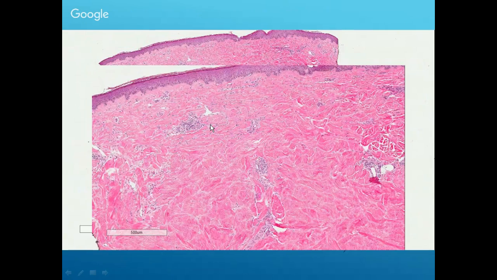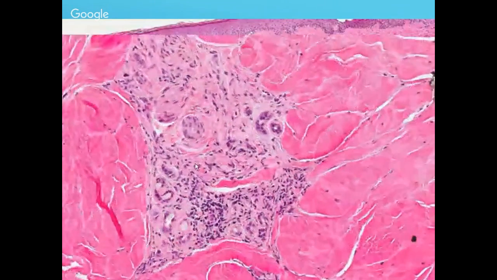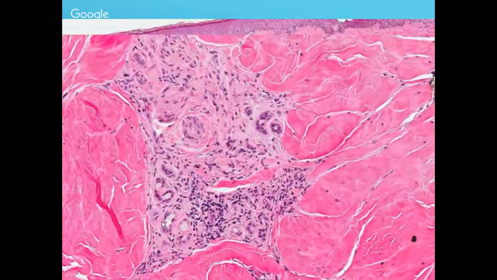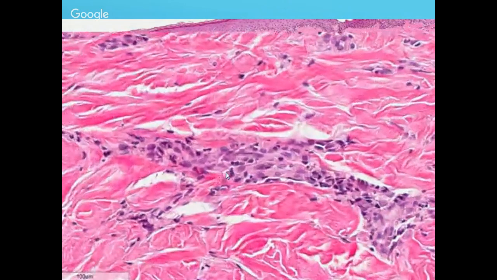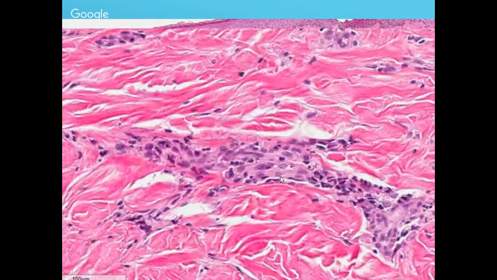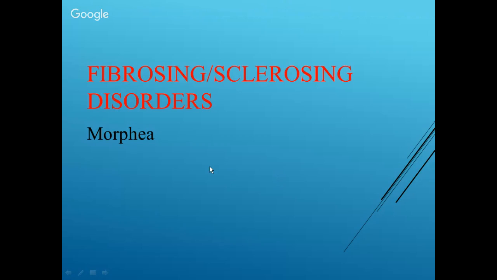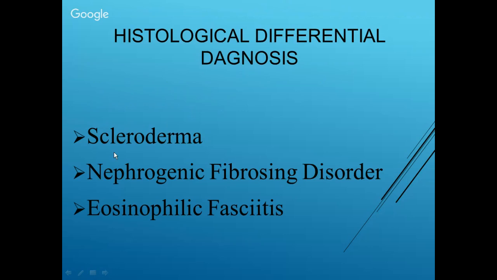There's no adnexa here. And normally around these eccrine ducts, if you go back and look at normal skin, you're going to see fat around the eccrine ducts. So there is loss of peri-eccrine fat. So these are the eccrine ducts, and there is no fat around them. So that is another feature that you're going to see in morphia actually. And then if you go high power and look at the inflammation, you're going to see some plasma cells actually. So that is very classic morphia, and so morphia sclerosing disorders. The other things that can show you similar reaction pattern is scleroderma, nephrogenic fibrosing disorder, and eosinophilic fasciitis